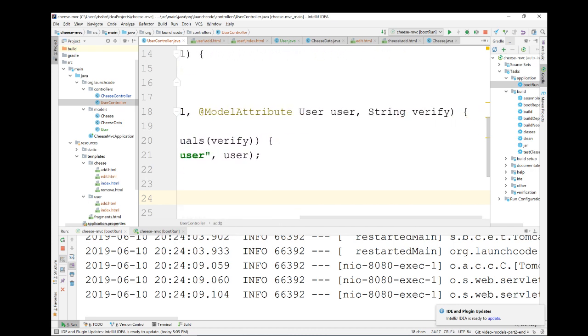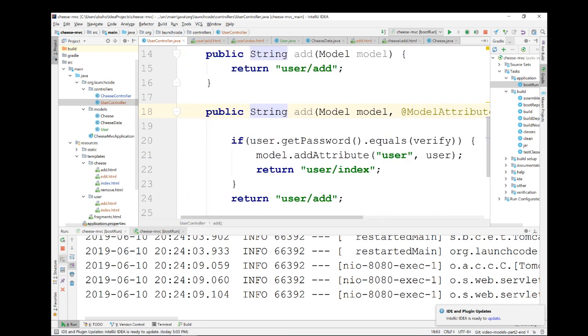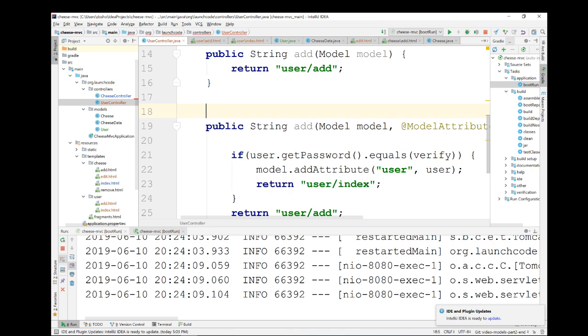Request mapping annotation? Here? Like that? Oh, I know what you're saying. I forgot to put the route in. You're right. Sorry about that. My fault. So this should be